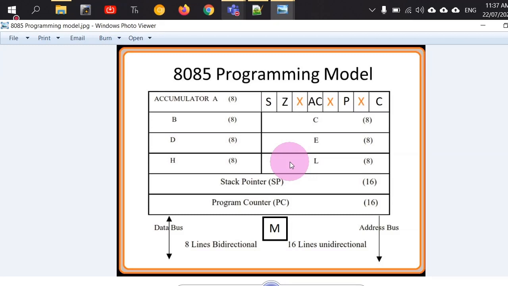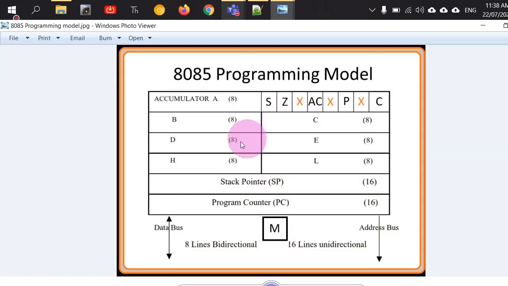Now, the next thing that we are going to explore is, since the B and C registers, D and E registers, are also written in pairs, is there also some special purpose assigned to them? Yes, there is, which is similar to the HL register pair. That is, the HL register pair can be used with the M register as a pointer.